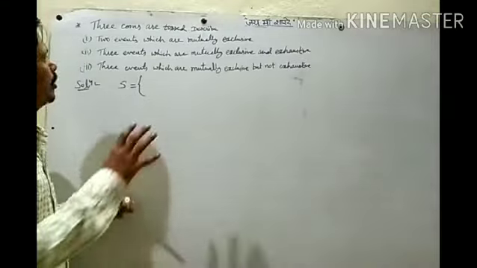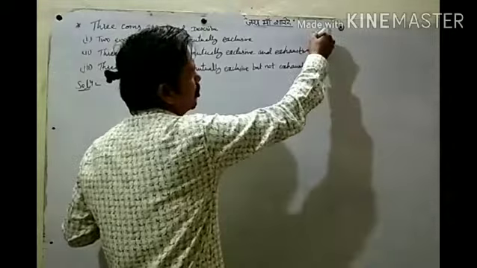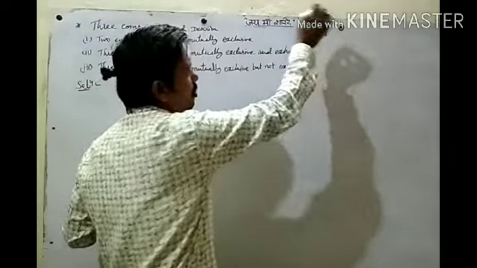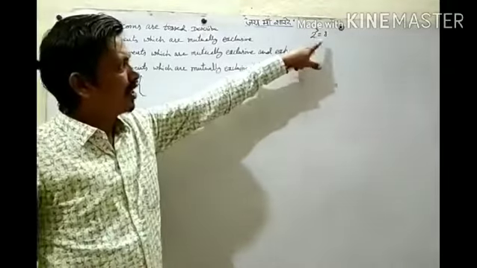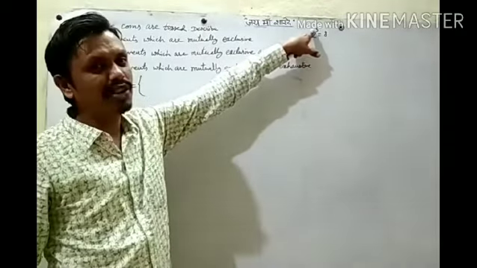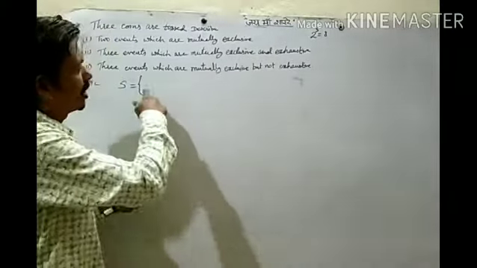So 3 coins are tossed. So 2 to the power 3, 8 outcomes will be there. There are 2 faces on the coin, head and tail. So 2 to the power, how many coins are we tossing? 3. So 2 cube will be your total outcomes. So how to write these outcomes?